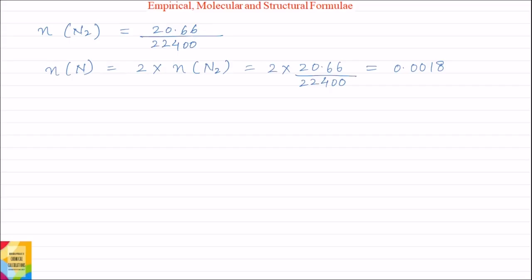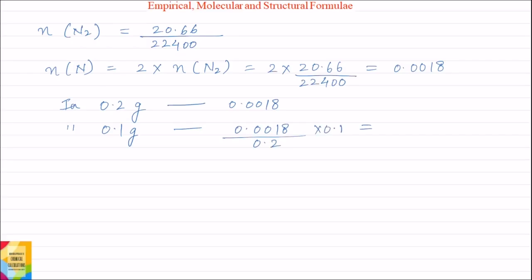So moles of nitrogen in 0.2 gram of the base, the moles of nitrogen is 0.0018. Therefore in 0.1 gram of the base, the moles of nitrogen will be equal to 0.0018 divided by 0.2 into 0.1, and this is equal to 0.0009 moles. Now the ratio of carbon is to hydrogen is to nitrogen is equal to